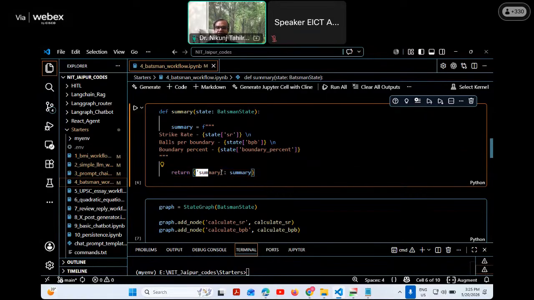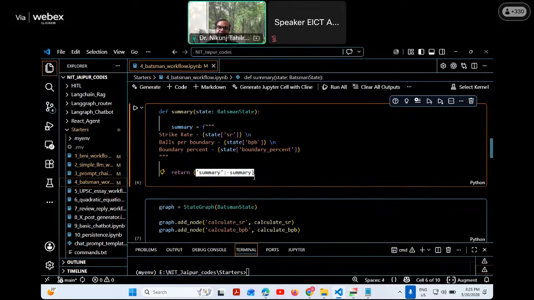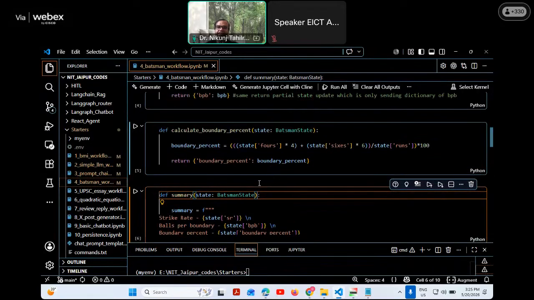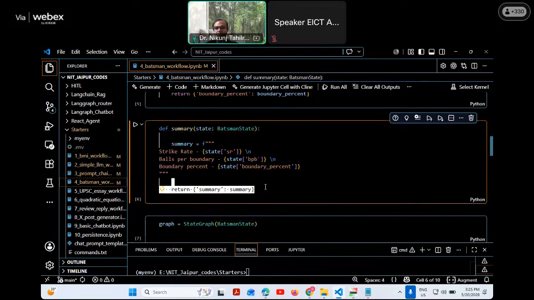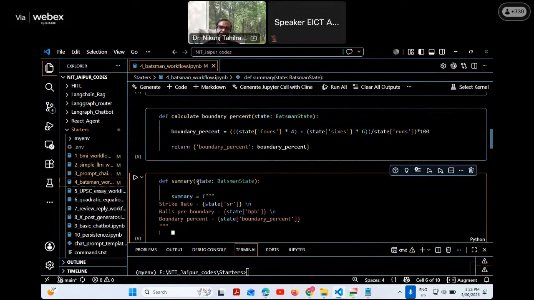Yes, we can do this, but currently, just to show you, because this is the last node, you can directly return the state from here. But since I have taken individual values in the other nodes, I have taken individual here also. Okay, so once I run this,